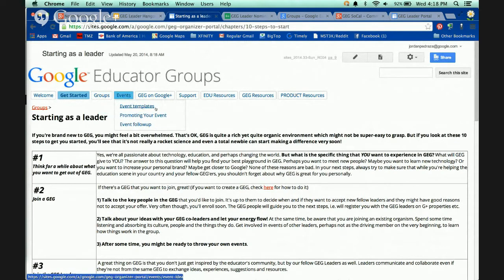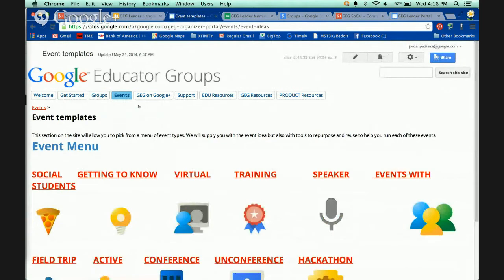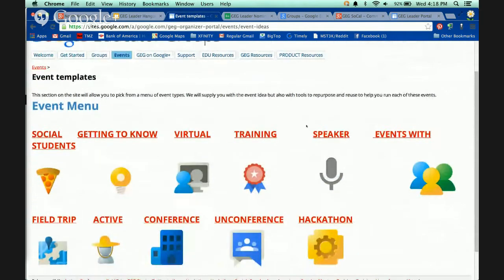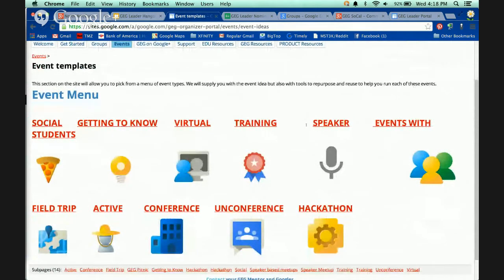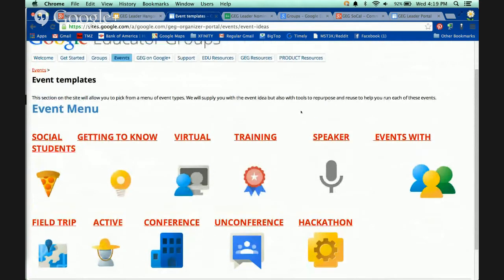Particularly if you ever need ideas on what kind of events you can be doing, just go to the event section and check out event templates. We've been collecting these over time, and we're going to keep adding more. There are several types of events that we've seen happen or have been prototyped that we think can be really fun. It could be anything from social, to just getting some food or a picnic or happy hour,